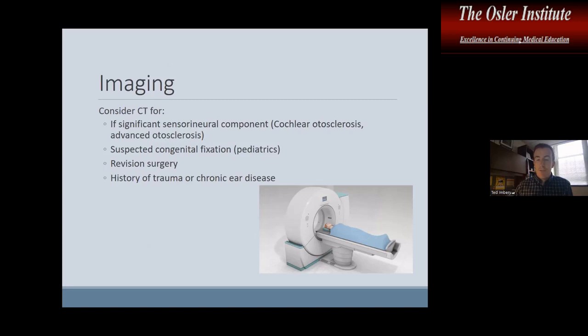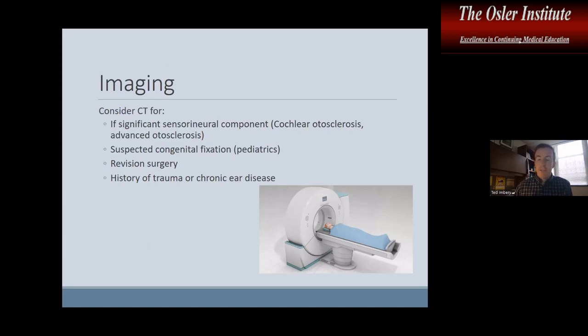For young children, if there's been any suspicion that this is congenital in nature or present since an early age, imaging would be recommended to rule out an X-linked gusher. Again, you would see a bulbous IAC and a deficient modiolus. If there's been prior stapes surgery, so if you're doing a revision case, I would say most would get a CT scan just to assess if there's anything about the prosthesis or displacement or other things like that,